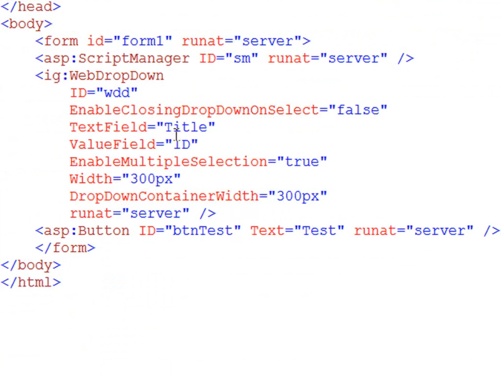So you can see that we have a web dropdown control. I've changed the ID to WDD just to make it easier. Enable closing dropdown on select. This sets the behavior so that you can click the checkboxes and the dropdown won't close on you while you're trying to select the items. For the data that we're going against, the text field I want displayed to the user is the title. The value field that will be in the value property of the control is the ID or the unique key of that item. We are enabling the multiple selection with this property right here, and the width and the drop-down container width, I want to be the same so it looks like a rectangle, and so I made them equal